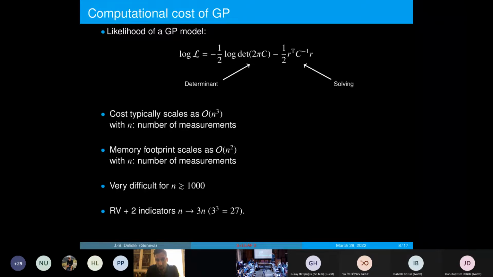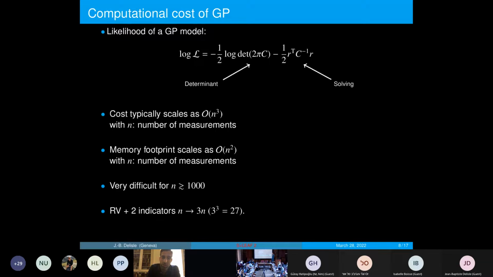And so if we use an MCMC approach or nested sampling approach, we will need to evaluate the likelihood many times. And in this likelihood, what we need to compute is the determinant of the covariance matrix and basically the chi-square, so with the residuals of our deterministic model, and we need to solve this matrix